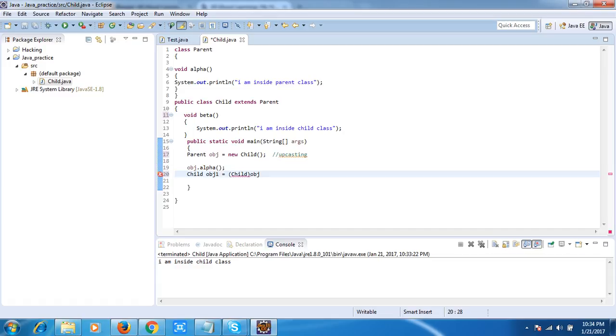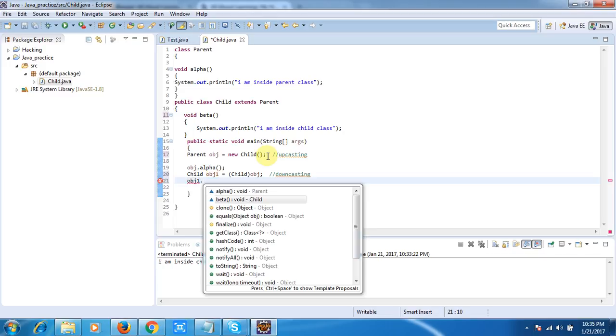Now by this obj1 I can access the child class method, obj1.beta. You can say that by using object 1 I can now access both the alpha and beta methods, no matter whether they belong to the parent or child.